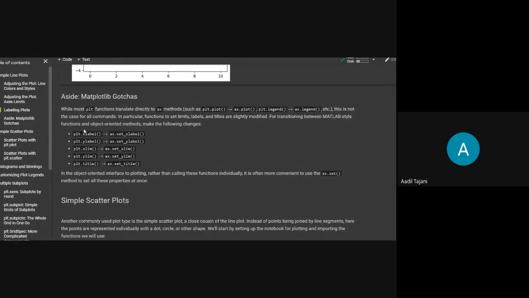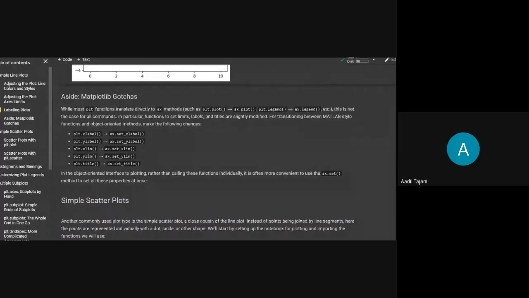If you are using plt, then the functions are simple, plt.xlabel, plt.ylabel. But if you are using the axes method and using that ax variable to further reference and plot, then the functions are changed a bit. You just have to add set underscore in front of that name. So if you want to set the x label for those axes, then you use ax.set_xlabel. For x limit and y limit also, you have to mention that set underscore.